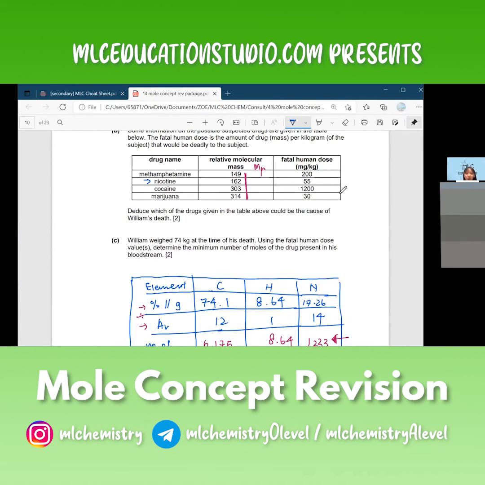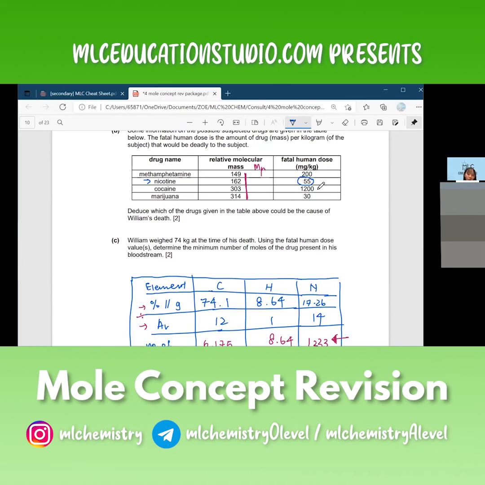If I'm 50 kg, I need to times 50. So to cause the person's death, the dose is this per kg of the person. The mg of the drug is the mass of the drug per how heavy the person is. So they tell you that the person is 74 kg. So to cause the person death,